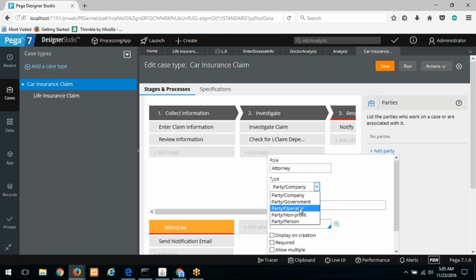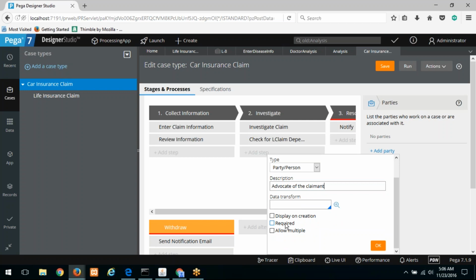It could be an operator, it could be an external person. As of now, we'll give him a third party person, the advocate of the case. Now we have three options on a work party rule which gets created in the backend, which is: